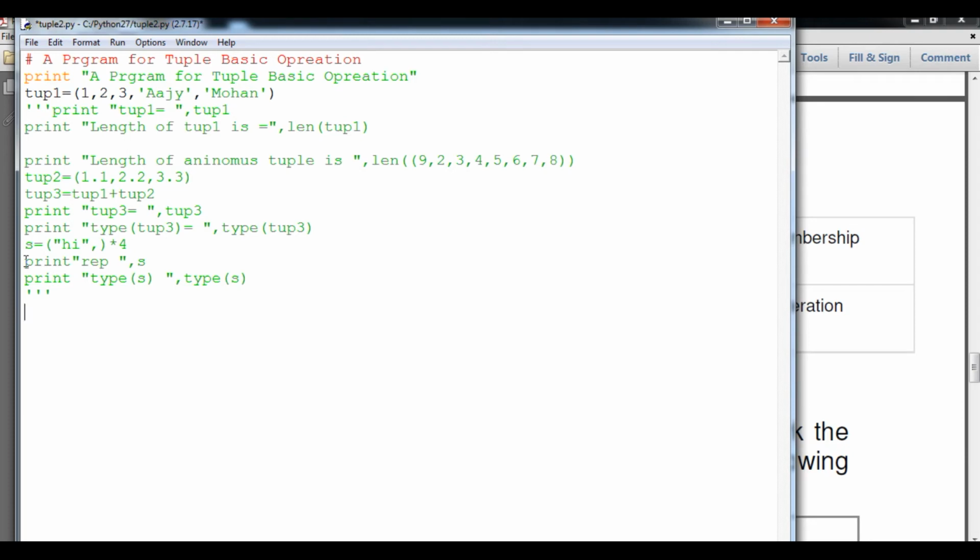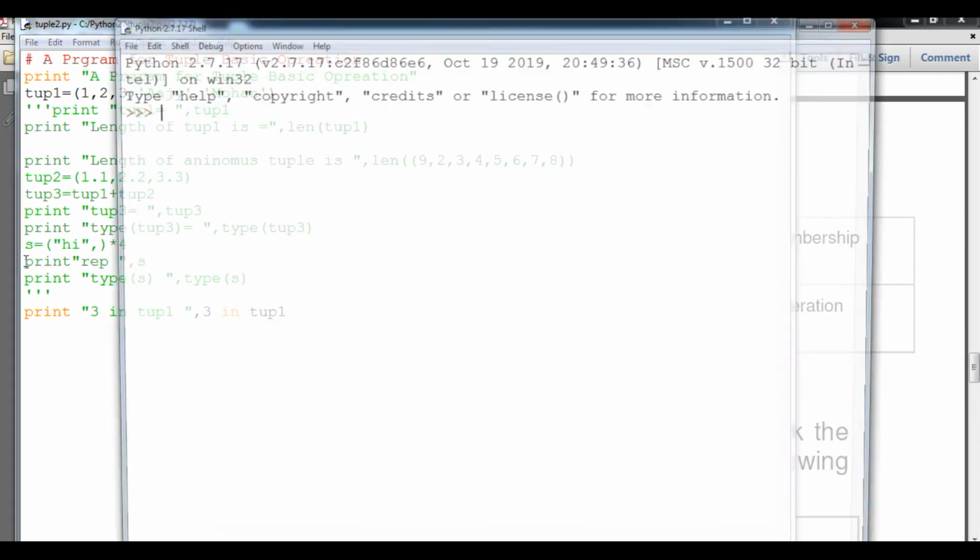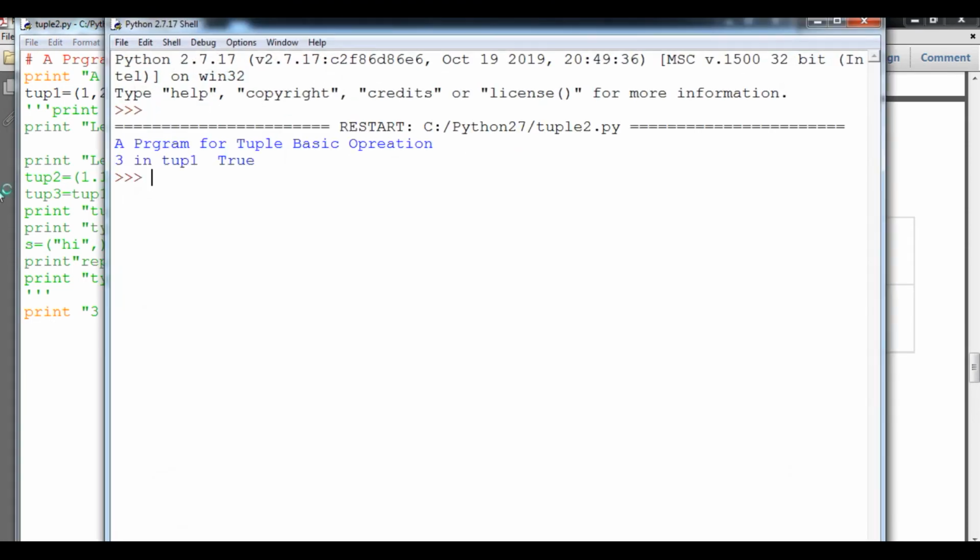So here if I'm going to check, simply print, within this I will say suppose 3 in tuple tup1. So what will the output be? Let's see. So same thing, I will type 3 in tup1. Let's see whether the answer is true or false. So here you can see that the answer is true.